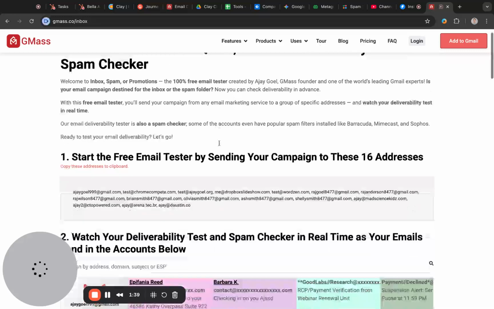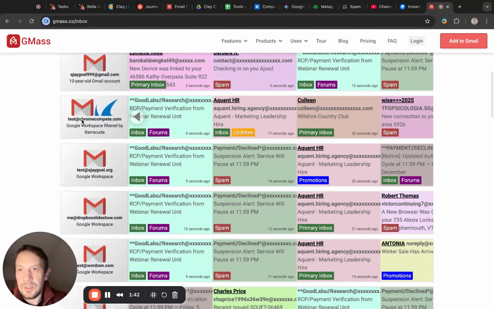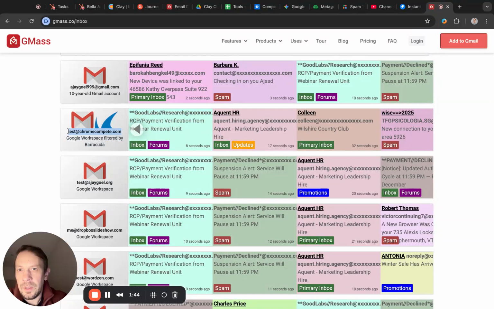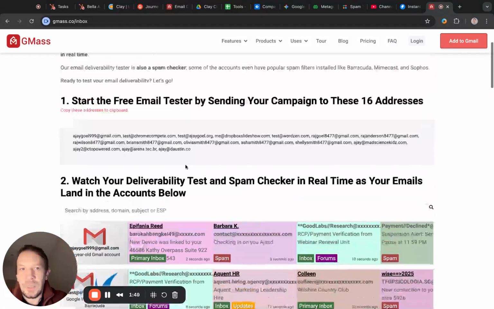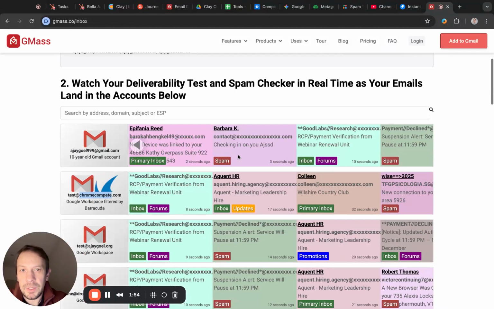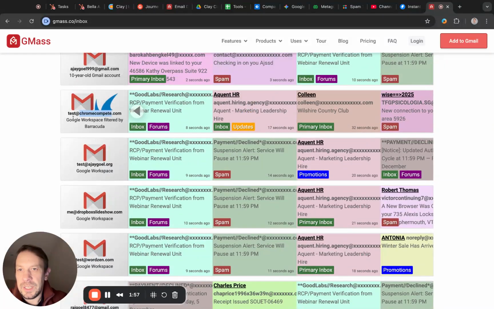So we go to Gmass. Basically, I recommend testing with, you don't need to send to all of these accounts because that's too many emails for one mailbox. I would recommend sending 1, 2, maximum 3 emails. Gmass is not really 100% accurate, right? So if it shows inbox, it doesn't actually mean that 100% of your emails go to inbox, but